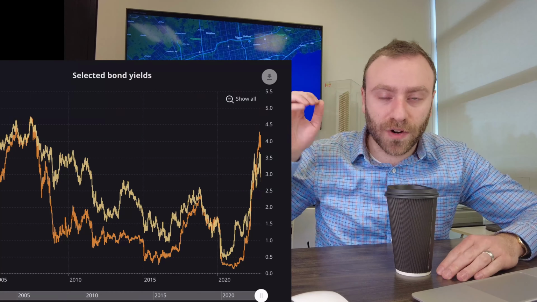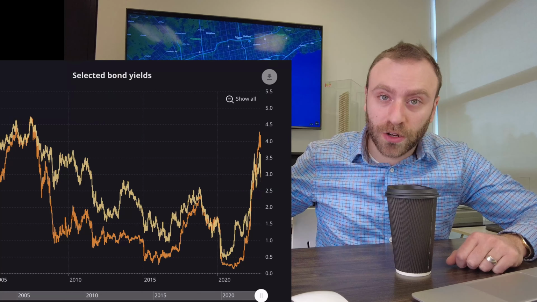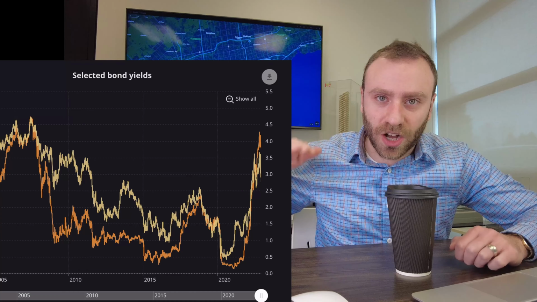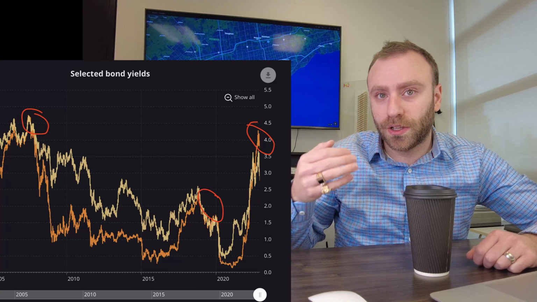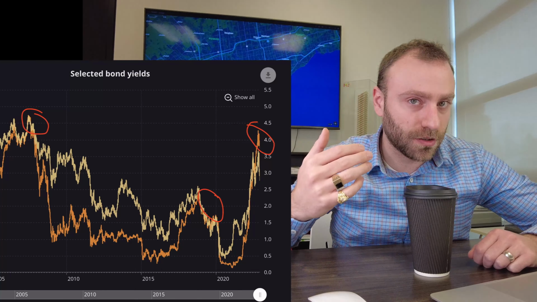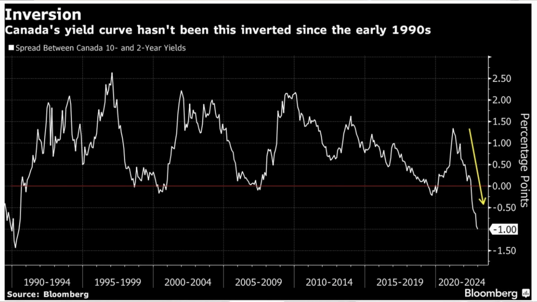For example, this graph from Bank of Canada shows both the 2-year and the 10-year yield plotted on the graph over time. And as you can see, there are points where the 2-year yield goes above the 10-year. A nicer graph that I got from BNN shows the same graph, however they have the 2-year yield as a straight line. The 10-year yield is relative to that. And you can see in that graph, every time before a recession, the 10-year yield dipped below the 2-year.